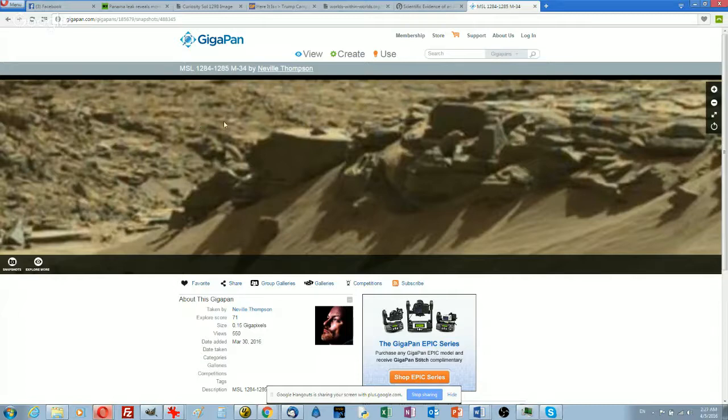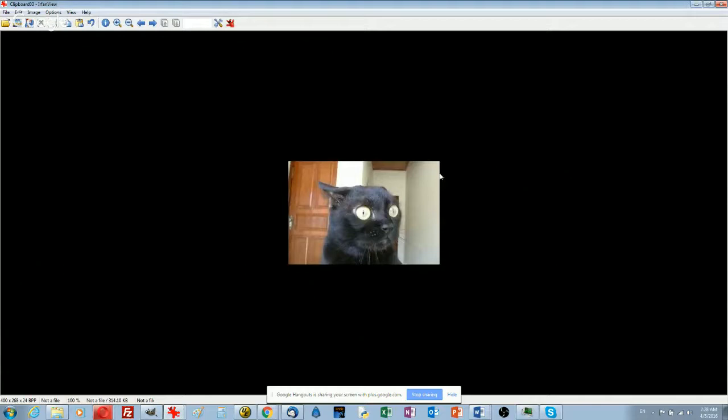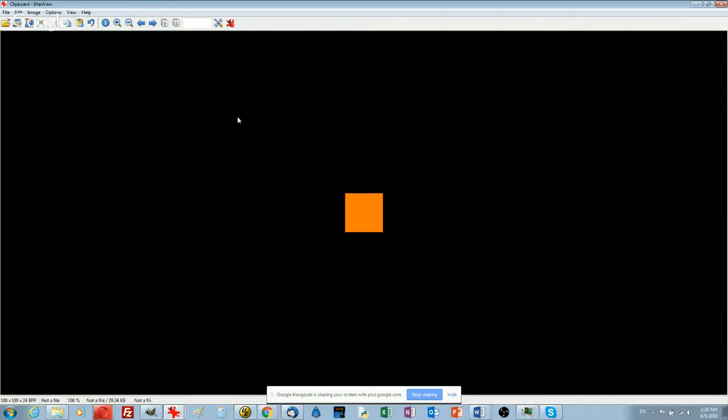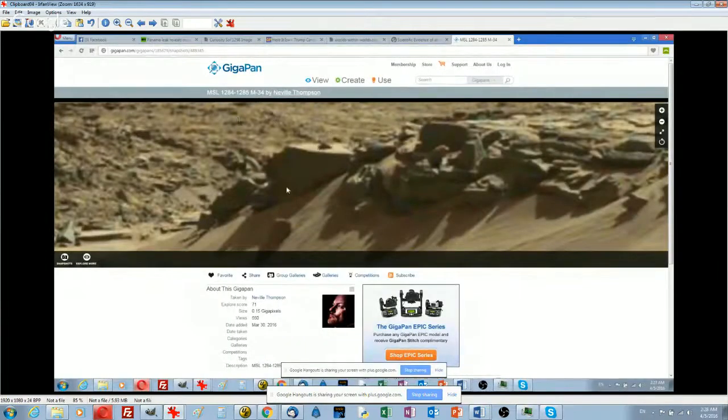Control print screen. Now I'm going to bring up this Irfan view program. The last thing I did with Irfan view was to take a picture of the cat with his eyes wide. Okay, I'm going to say Shift N, new image, and then Control V, right, which is this thing. Irfan view does a very good job of basically just taking cutouts and snapshots of images and often resizing these images. We'll write Control Y